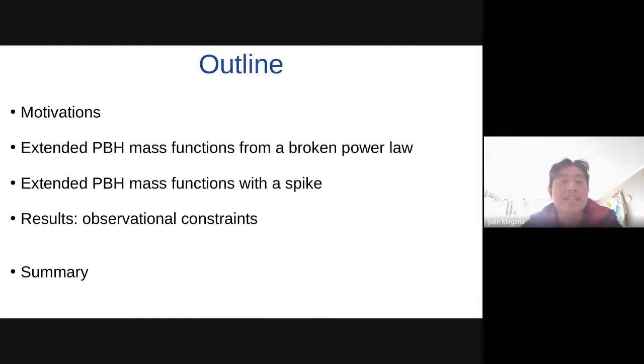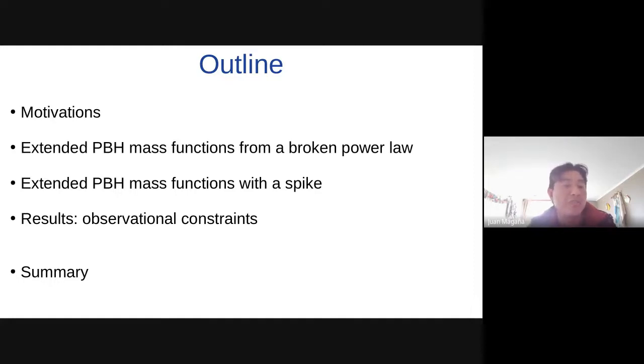Well, the outline of this talk is the following. First, I will give you some brief motivation of why to study these hypothetical primordial black holes. After that, I will summarize some of the main results of extended primordial black hole mass function from a broken power law presented by Nelson Padilla, Joaquín Sureda, Ignacio Araya, and Marcelo Rubio in the last two sessions.